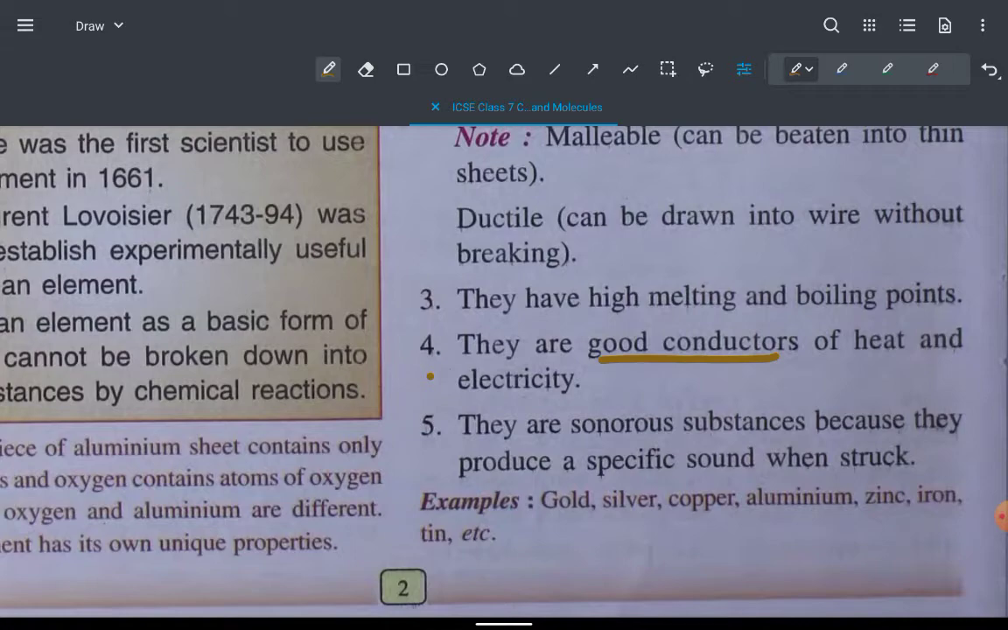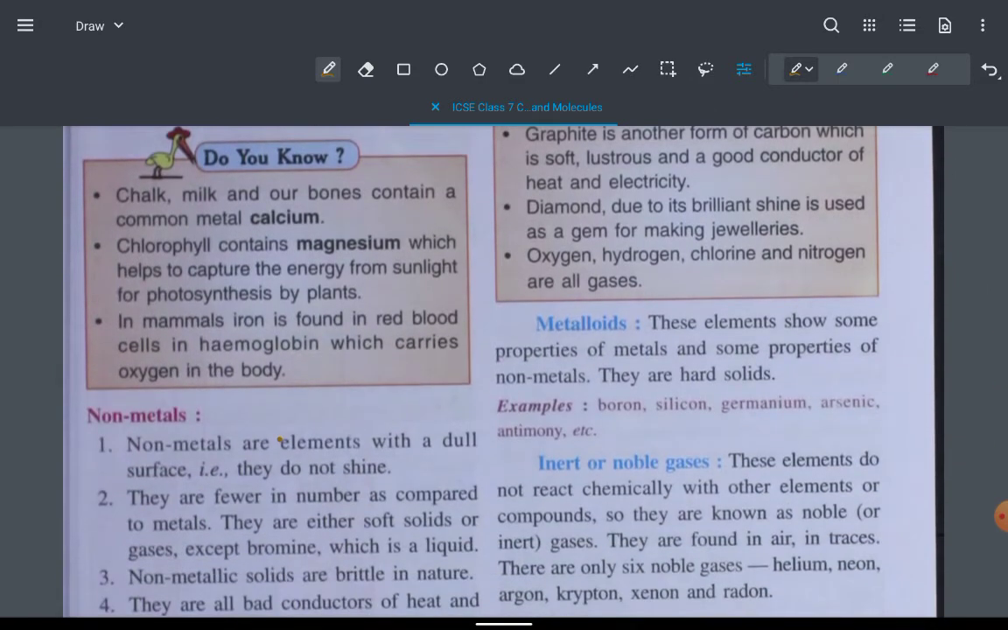Sonorous substance, কারণ কি আমরা যে ওটাকে স্ট্রাক করি তাহলে একটা স্পেসিফিক সাউন্ড বানায়। লাইক ইফ ইউ ক্যান ট্রাই দিস, যে কি ইউ ক্যান টেক সাম silver utensil if you have, and you take a metal rod. যদি মেটাল রডটা দিয়ে আমরা সিলভার ইউটেন্সিলকে মারি একটা সাউন্ড প্রডিউস হবে, সেটা বলছে সোনোরাস।